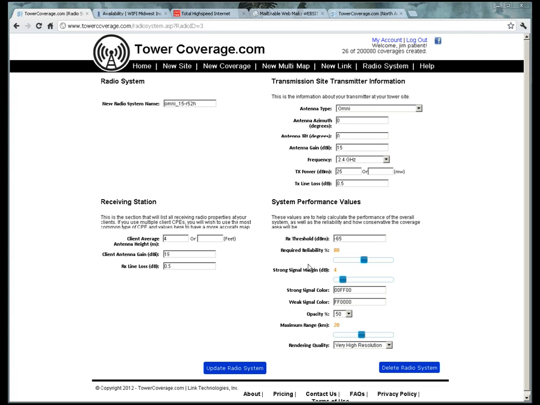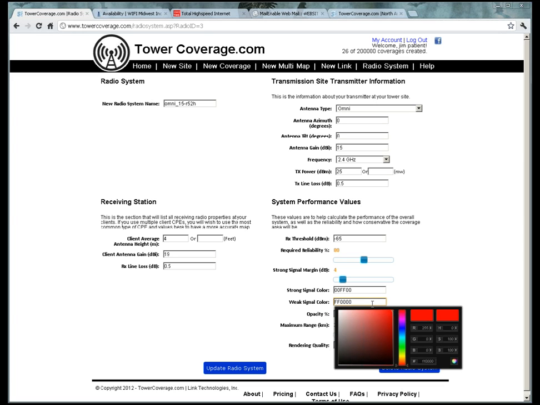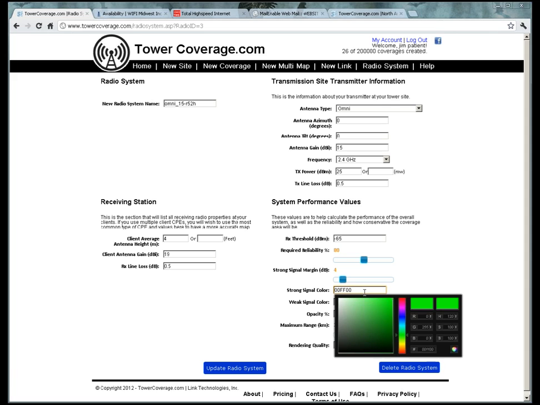4. So from -65, we'll show one color, which is our weak color, again right here, and we can specify these colors. From -65 to -61, we're going to display this red color. Anything above that, though, we're going to display this color here,